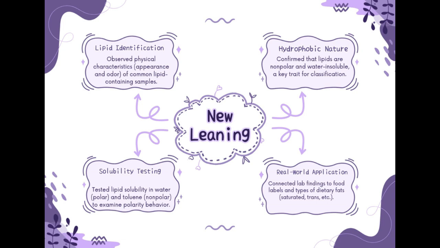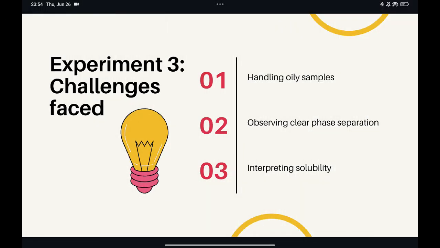Additionally, this experiment helped reinforce the concept that lipids, while diverse in structure, are grouped based on their shared solubility behavior. We also explore real-life food labels to understand the types of fat they contain, such as saturated, unsaturated, and trans fat. For experiment 3, which focused on physical properties of different lipids and fatty acids, handling oily samples was